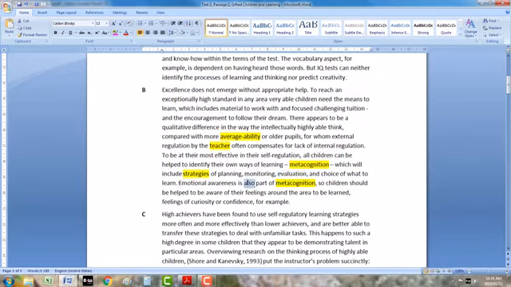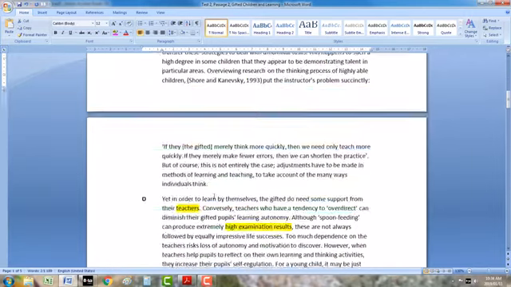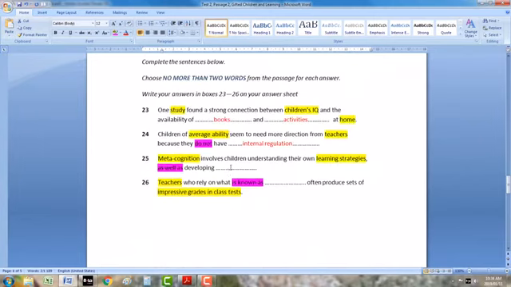The as well as is right there. That's the also. Emotional awareness is also part of metacognition. This is all the children's own strategies given by that word over there. And then this is the as well as. So your answer is emotional awareness. This is a good one to show you how this structural language in these sentences can often help you.